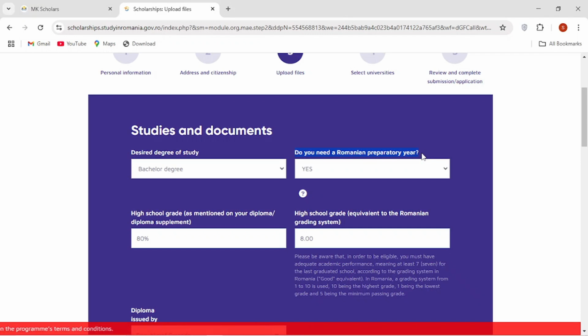And then, of course, because you don't know how to speak or how to communicate in Romanian, you have to take 1 year before you start your studies to prepare yourself to speak and communicate effectively in the Romanian language. But for others applying for masters and PhD, you don't need to take this whole year, because you'll be studying